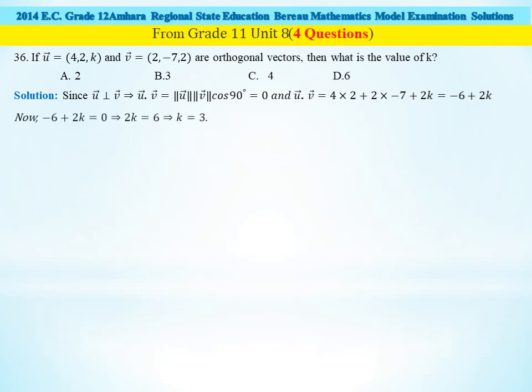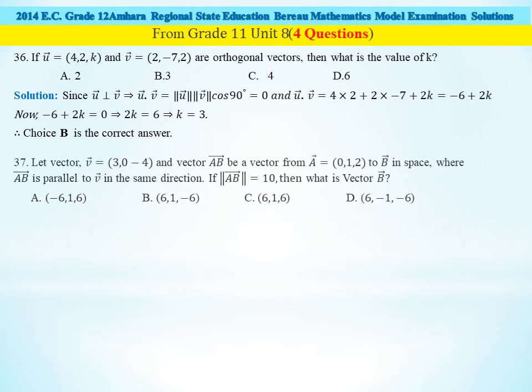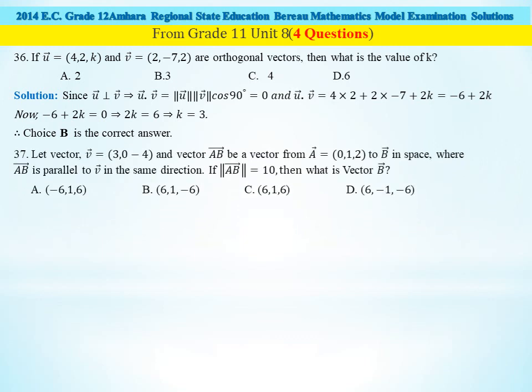So it is simple to find the values of k. The values of k. That means 2k is equal to 6, which implies k is equal to 3. Dividing by two, the value of k is 3, so when k is 3 the two vectors are perpendicular. The correct choice is choice B. The next question. Let vector b be this one, and vector AB be a vector from